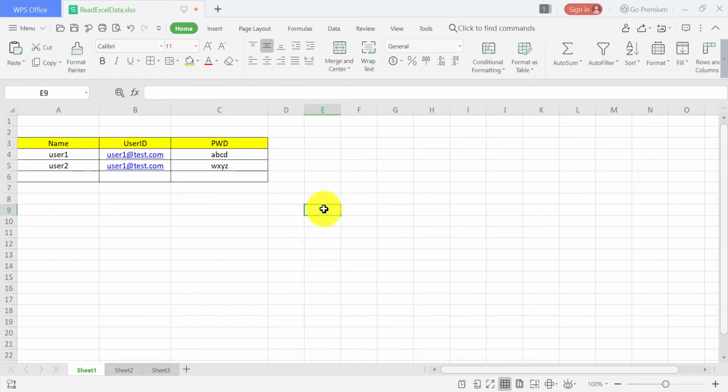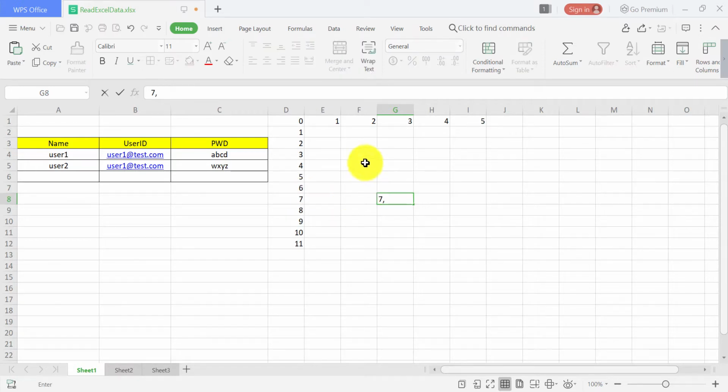So now let's find what the row number and column number is for this particular cell. Remember, in Excel, when we are talking about indexing, it will start from 0, and accordingly it will increase. Similar to arrays, it will start from 0, and also the columns as well. So if I want to find the row number and column number for this cell, what will that be? This is 7, right? So this is 7 comma, what is my column number? 3. So this is the identification for this particular cell.